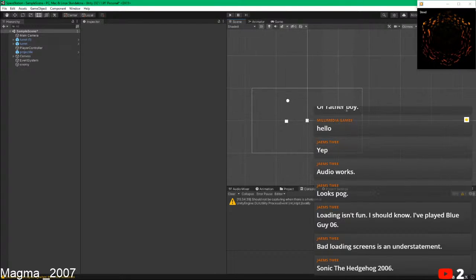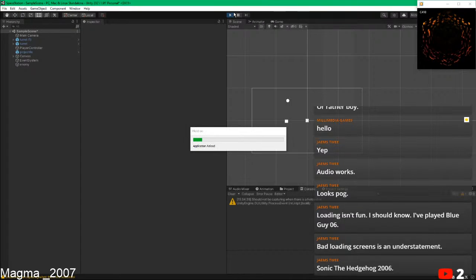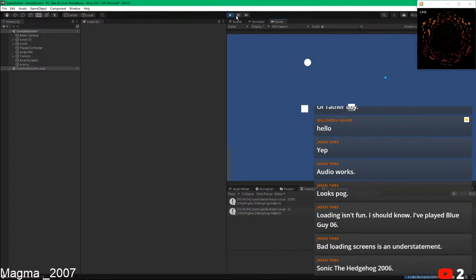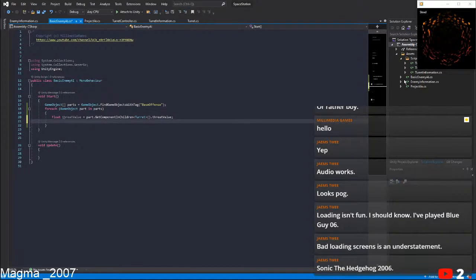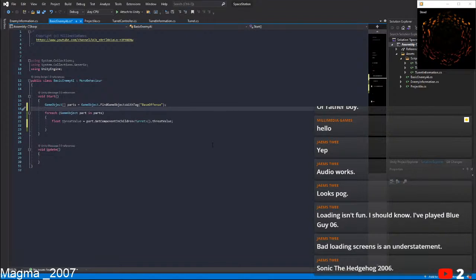Okay, so... Is it still screaming at me? Can't remember if we fixed it or not. We fixed it. There we go. Okay. So what do we want to do now? We want a game object for the turret that has the highest threat value. So... Game object. No, it's not an array. Highest threat. Okay, and then...